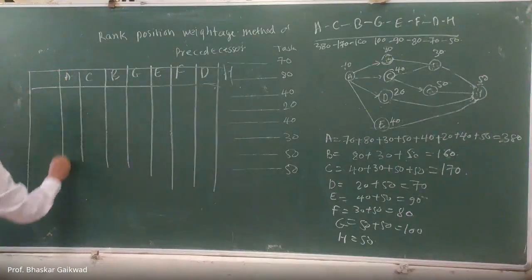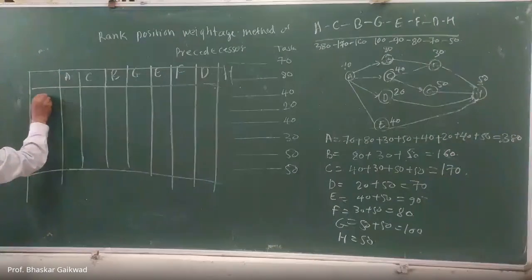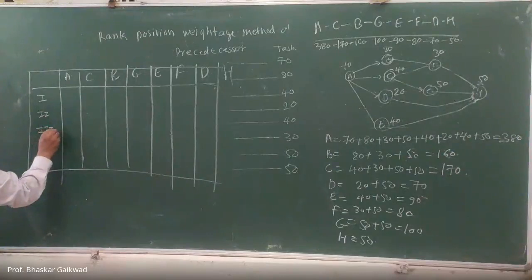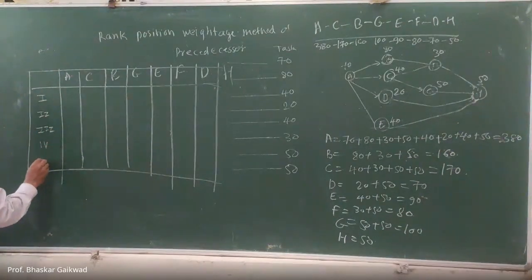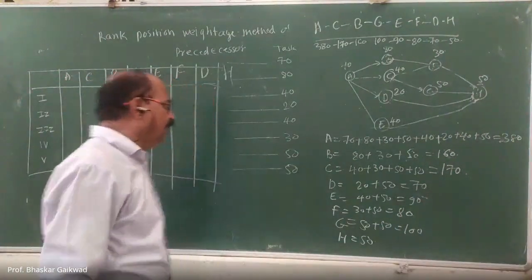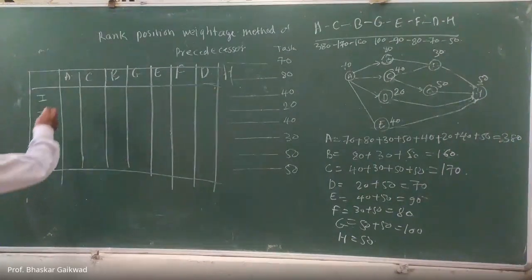And heading towards the stations. Station one, two, three, four, and five. Means we have to minimize the number of stations. Out of six, we can make it five. How is it? So initially A, what is the value of A here? A, that is 70. So here we can write the 70.